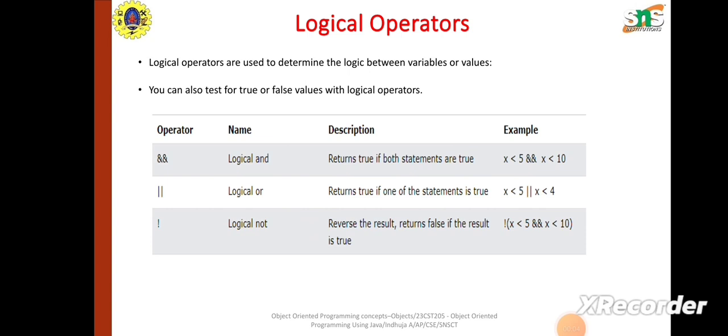There are some other operators in Java which are not concentrated on that much. The other types of operators in Java are shift operator, ternary operator, and bitwise operator. In the case of the shift operator, we are going to shift the position bitwise, either to the left or to the right. This is about the shift operator. Then the ternary operator, which is also called the conditional operator. In the ternary operator, we are going to check a condition. If the condition is true, we are going to print one statement, or if the condition is false, we are going to print some other statement. And then the last one is the bitwise operator, which is going to solely operate on